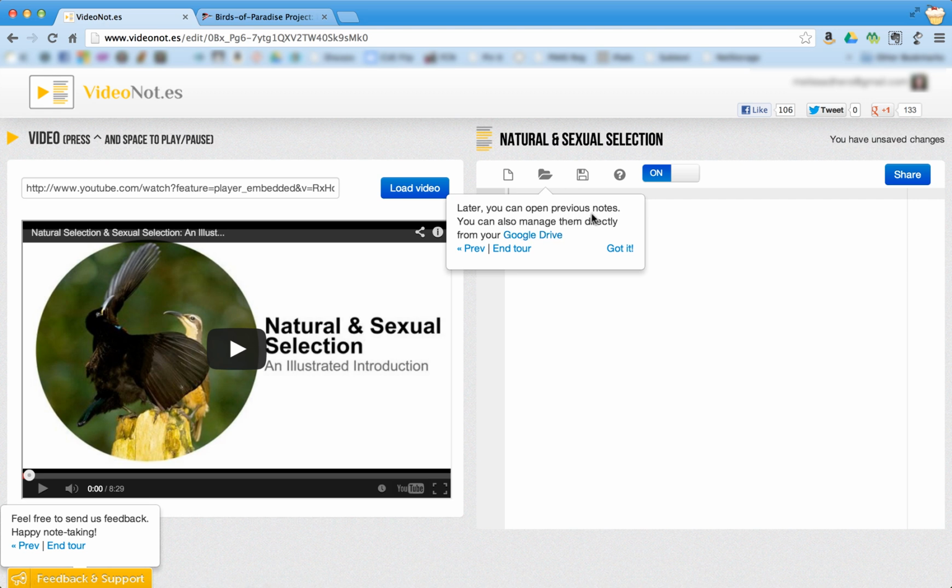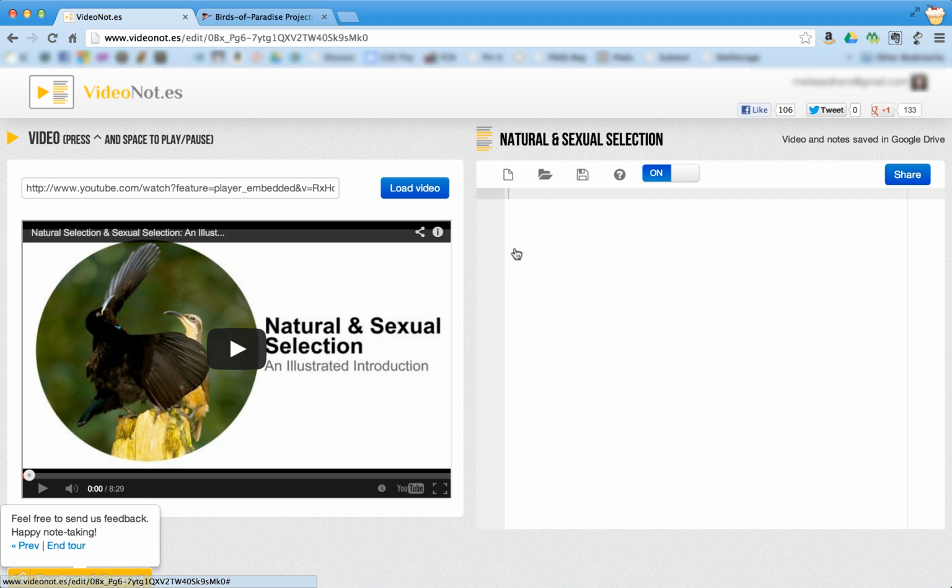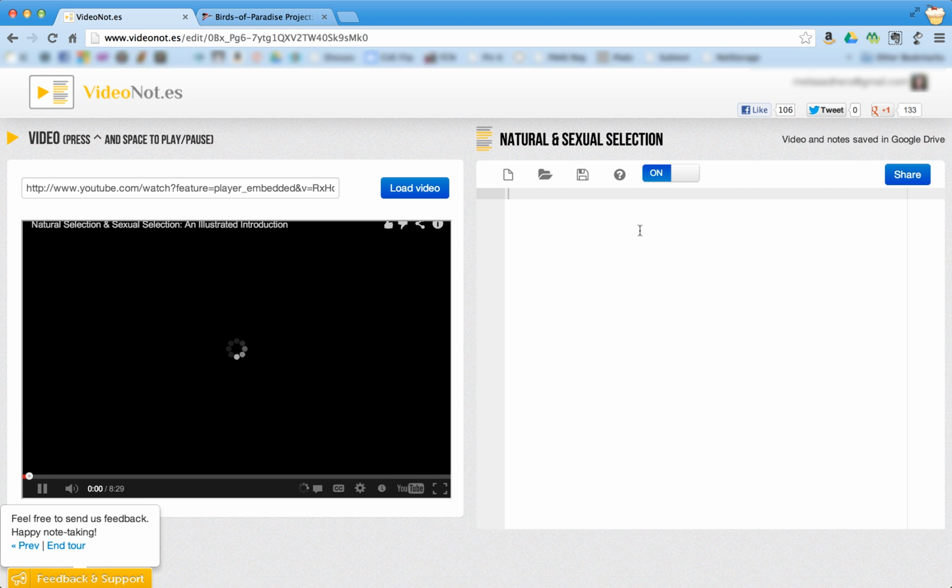It says later you can open up previous notes. You can also manage them directly from your Google Drive. So these notes will now show up in my Google Drive. I'm going to end the tour right here, but you can continue and learn other things about the program. But now as I am watching the video,